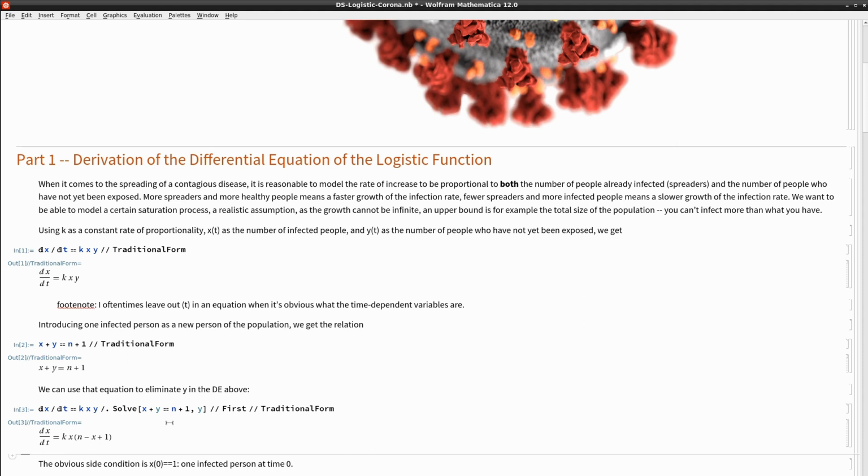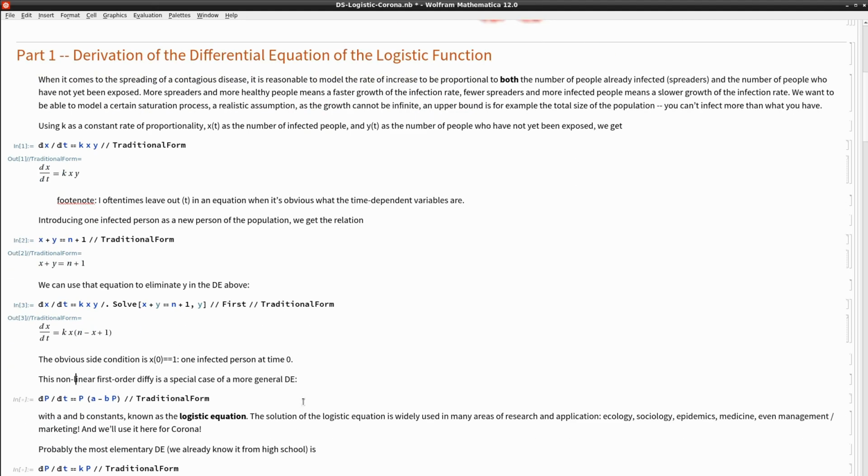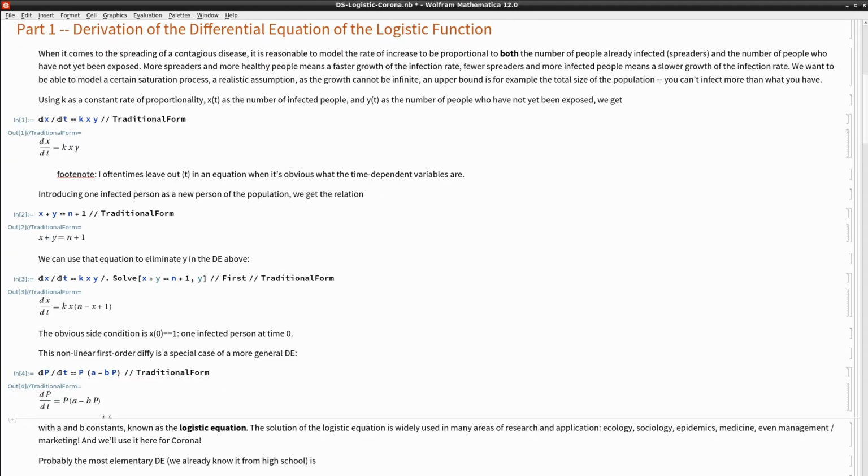Notice that it's a factor. In terms of the independent variable, we have x times (n - x). These are the important things to note here. And the obvious side condition here is x(0) = 1. We have one infected person at time t. And this is a nonlinear first order differential equation,